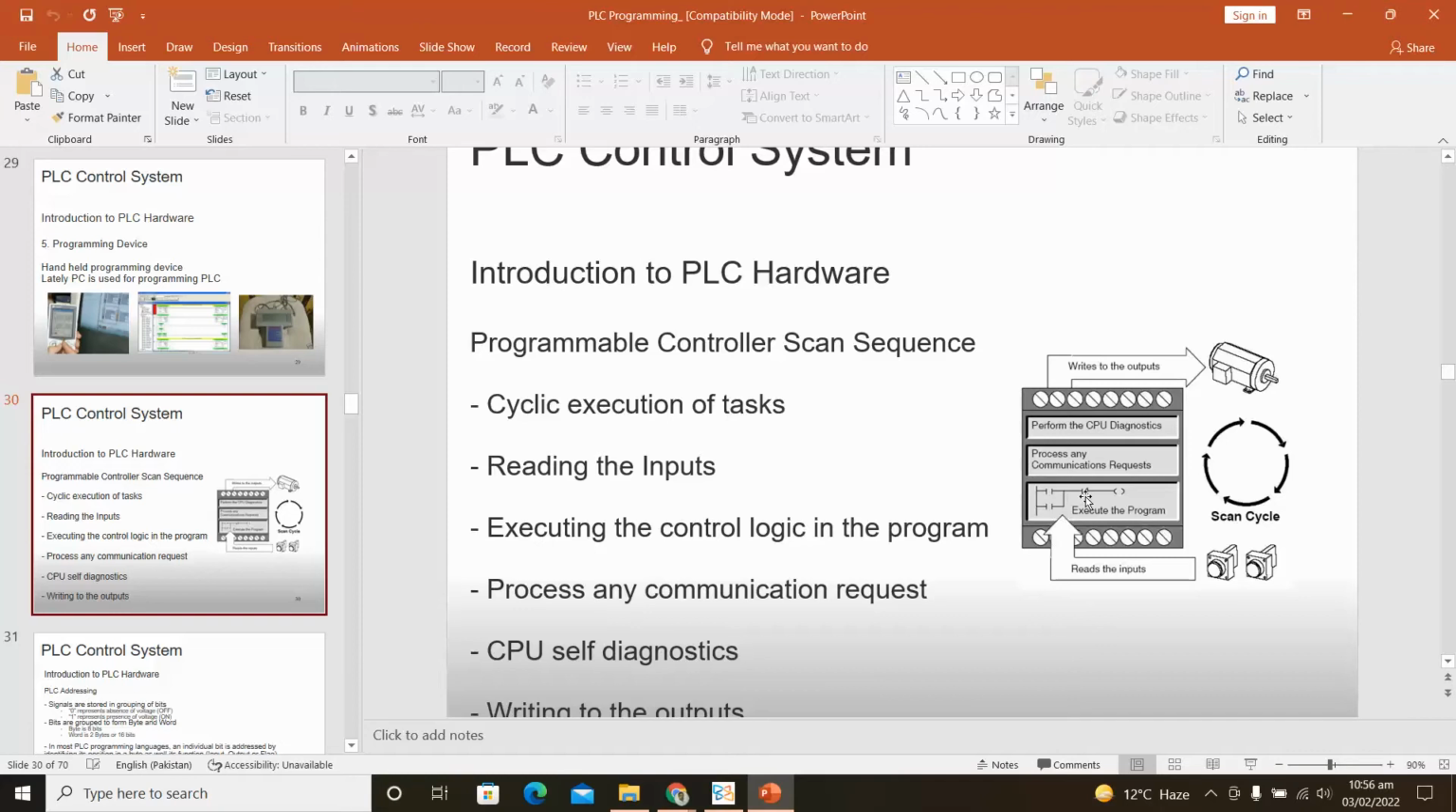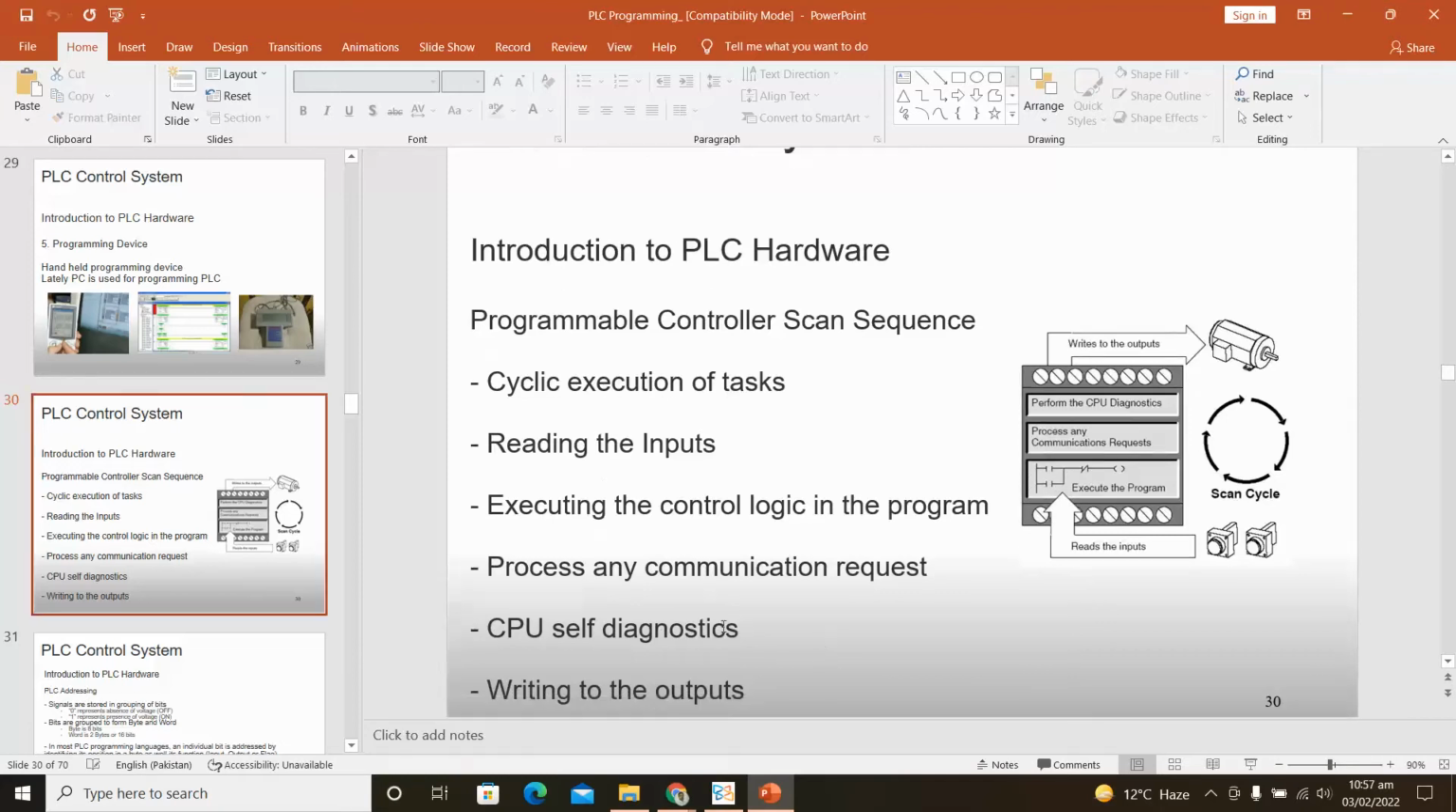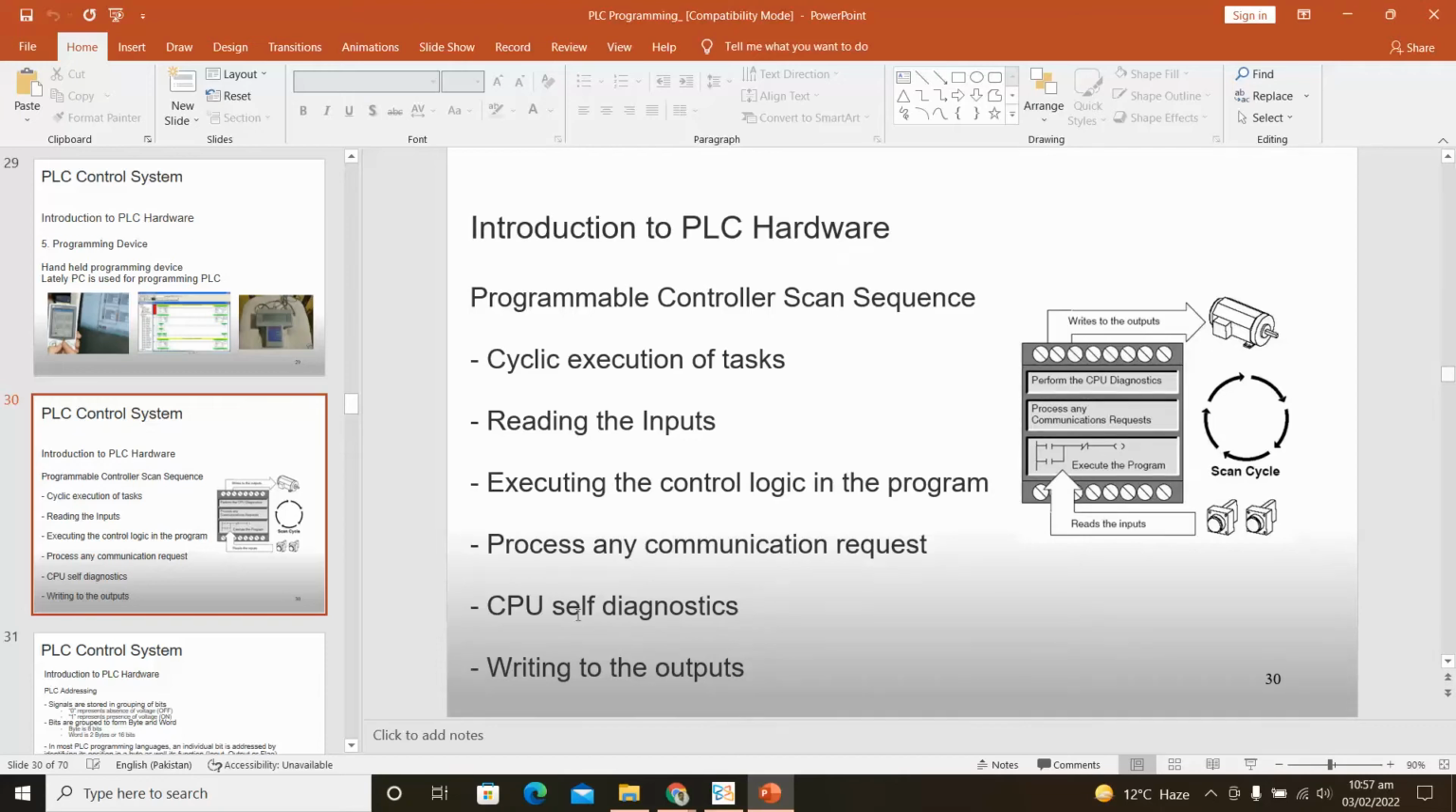executing the control logic in the diagram, whatever logic we have put into. And if there is any communication request, for example, there might be other devices, another PLC or computer, which is communicating with the PLC. We have to listen to that also. CPU has to do some diagnostics, but ultimately once the processing has generated an output, that output will be written to the output devices. So this is called the controller scan sequence, the PLC scan sequence or scan cycle. And it happens